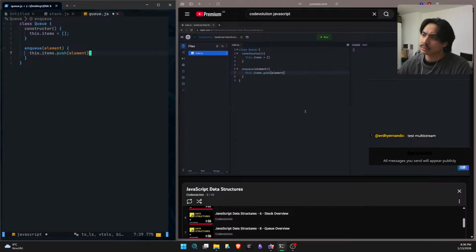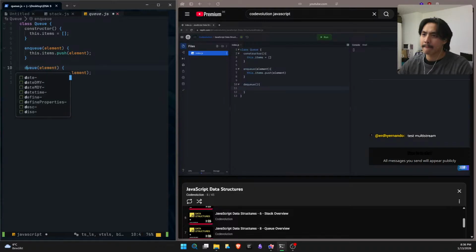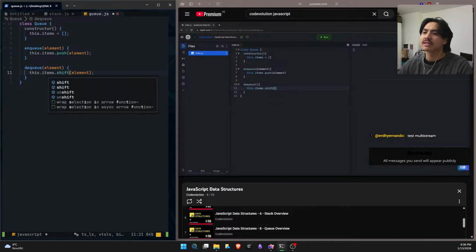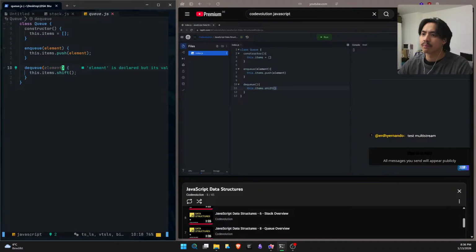Next, let's implement dequeue to remove the element from the front of the queue. Dequeue, and we call the built-in shift method on the array. If you are unaware, the shift method removes and returns